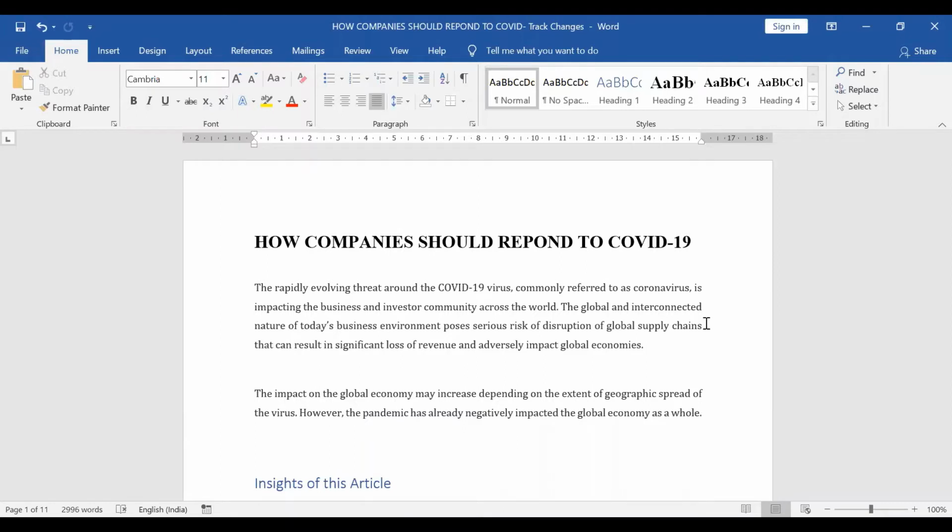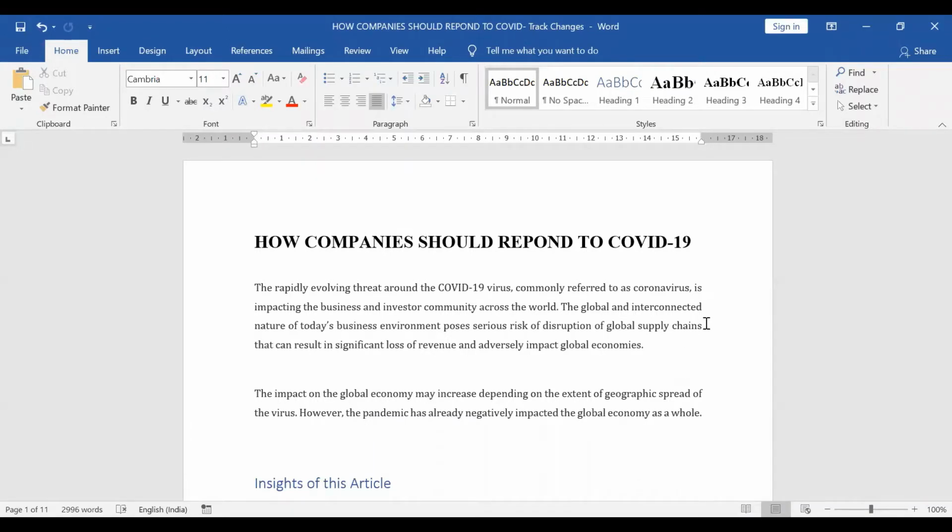So the track changes option helps us to keep a log of all the changes which have been made in your document. It may be done by you or by anyone else. All the changes made by the third party or by you will be recorded in the Microsoft document, and only those changes which you want to make to your article can be accepted or rejected as per your discretion.